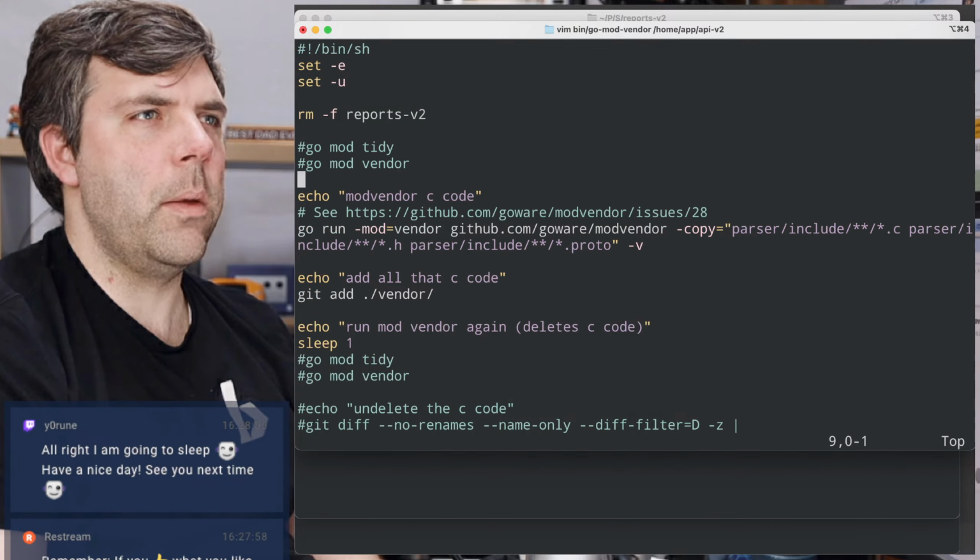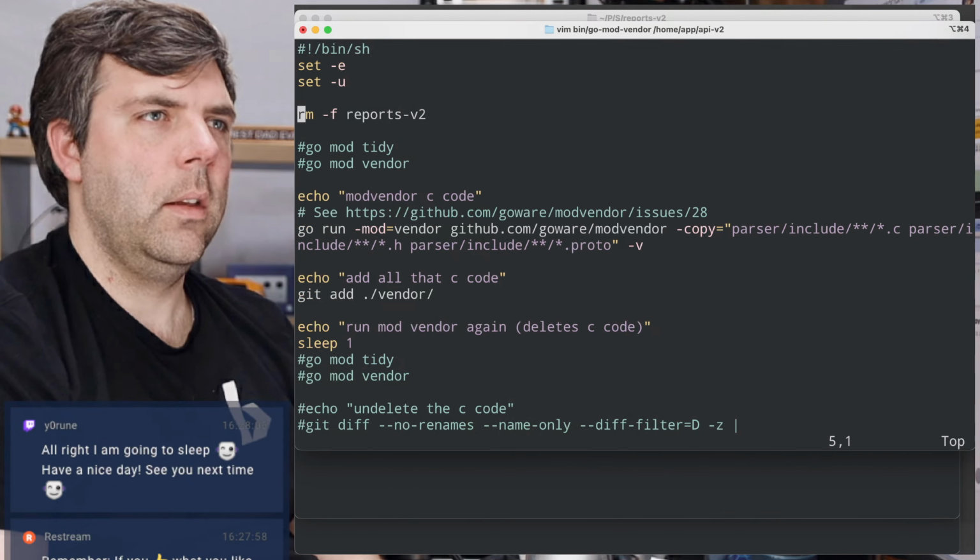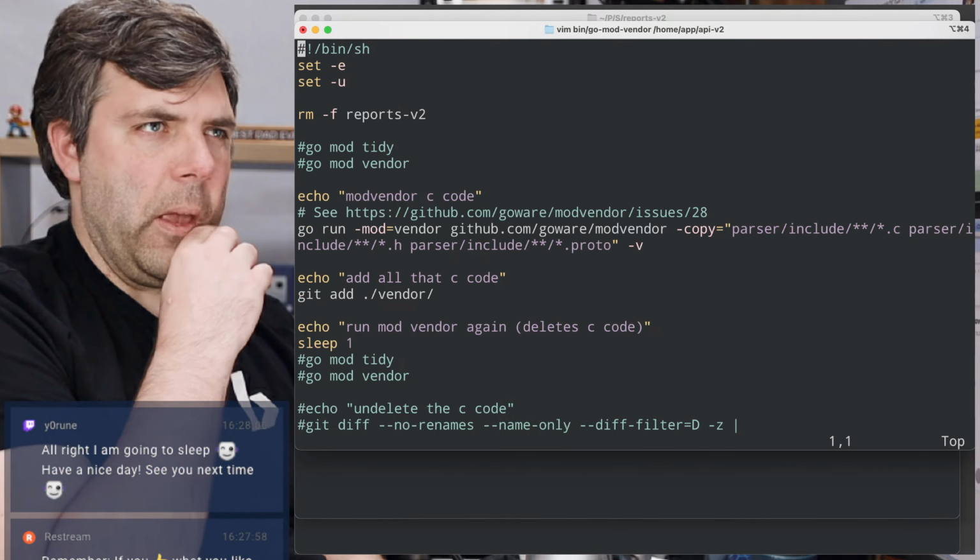Probably because, for some reason, it thinks it's a Go file because there's Go in the name. I don't know what's going on there.